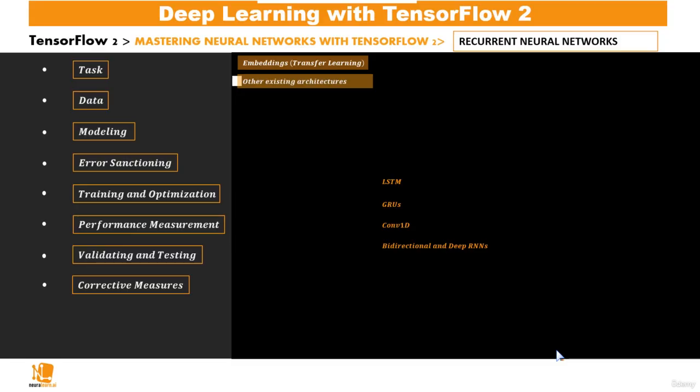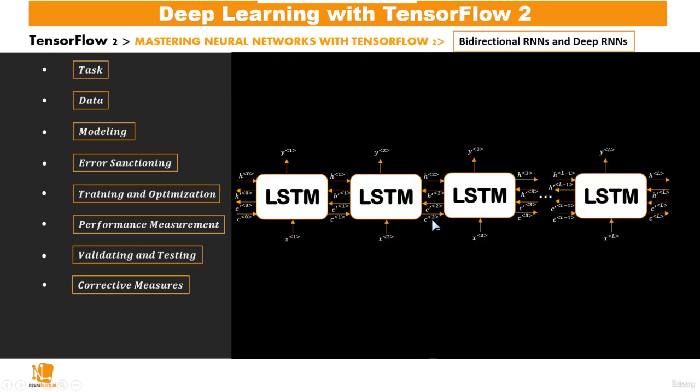The last family of recurrent neural network models we'll work with are the bidirectional RNNs and the deep RNNs. Throughout this section, we've been used to working with RNNs such that the hidden states, or in some cases the hidden and the memory states, are being propagated from the start to the end. Normally we have an initial hidden state and initial memory state, and then after doing some computation in this box, we propagate this to the next, and so on